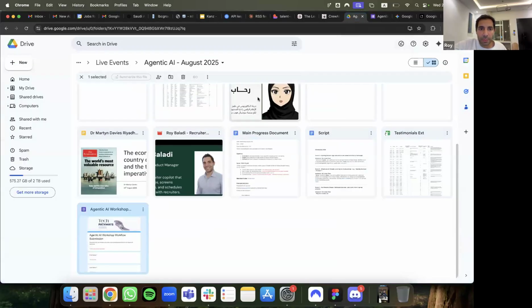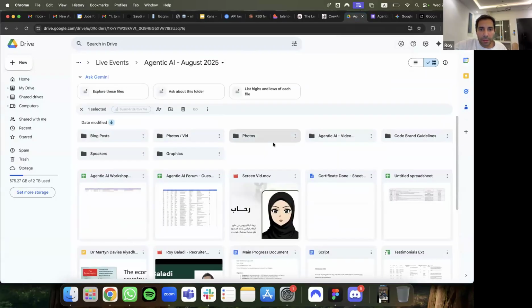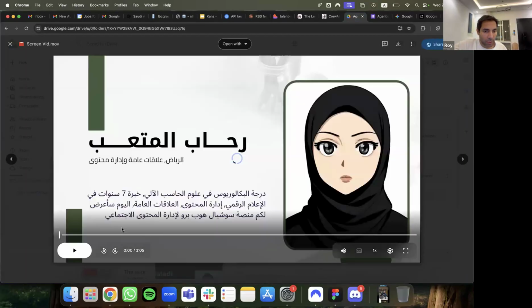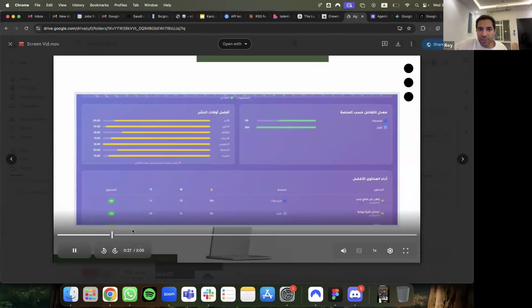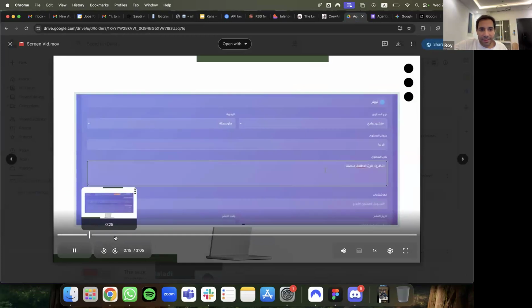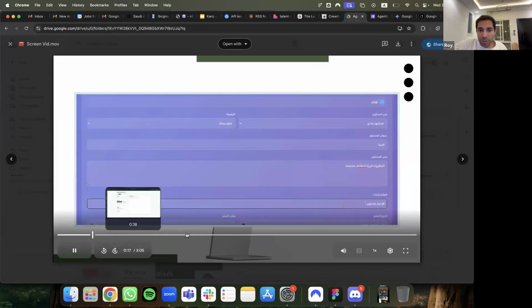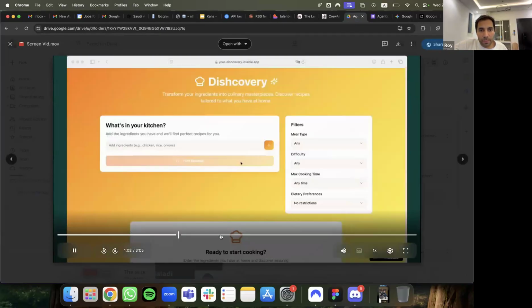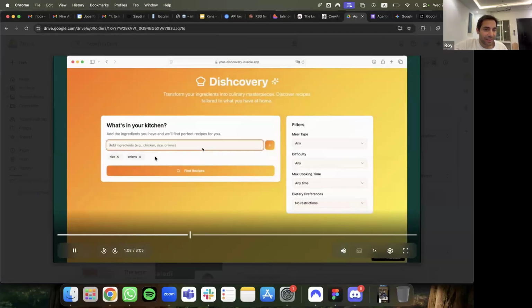The idea is to be able to build something like what Rihab did and what about 20 others. Here's a quick summary of them. This is the app that she's built. It gets super cool. Here's what Rasha has built. A discovery: what's in your kitchen? What's in your fridge, basically.